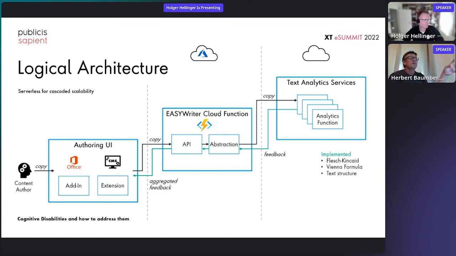So our tool takes the copy that the user has written or has selected for analysis and passes it on to a cloud function that we are providing and that we are currently running on CloudBurner. This initial front-end facing API takes that copy and passes it on to a number of analytic services, right?